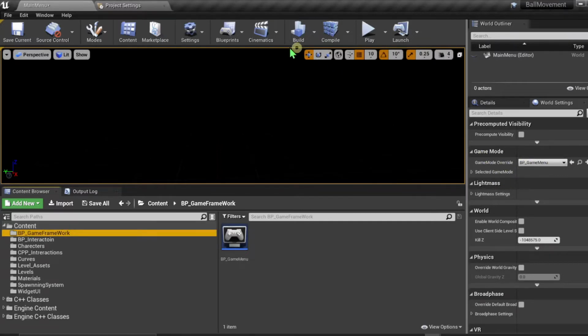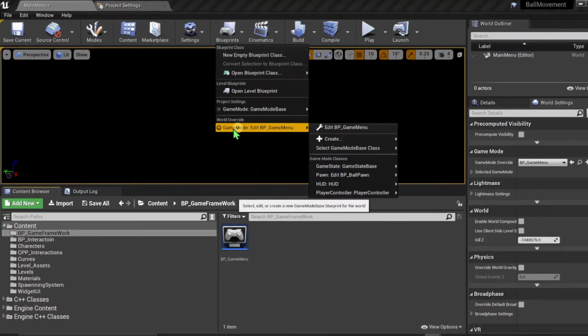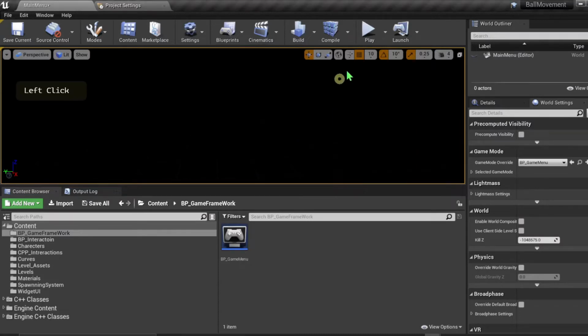Another way you could have assigned this is under the blueprint section. There's a section where you can click on the type of blueprints you're going to override. So each map will have its own game mode. And the way we're approaching this is we're using our game mode to add text onto the screen. So our levels will have their own game mode, which will create its own widget, and our main menu will have this game mode, which creates the main menu HUD. So from there, if I hit play,